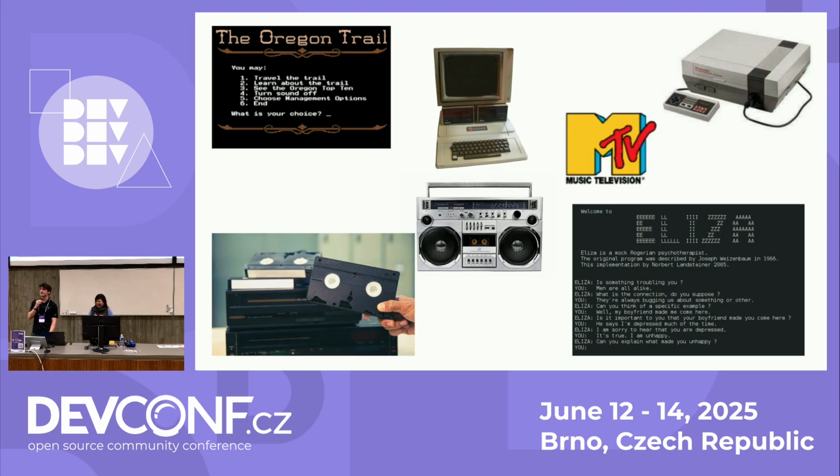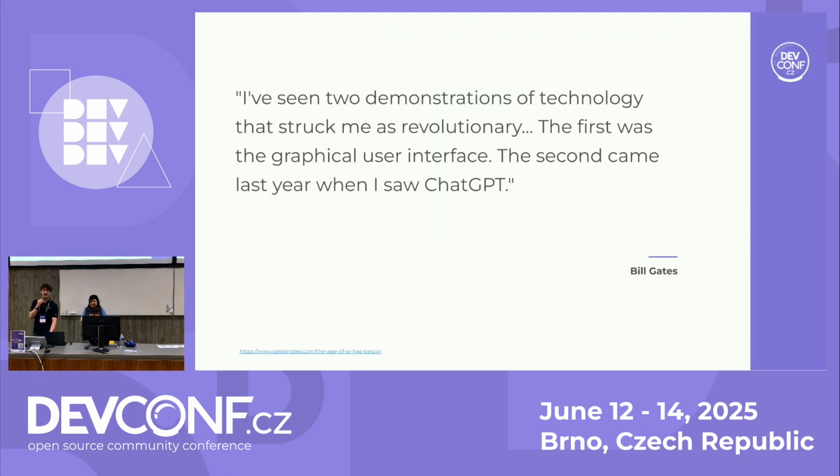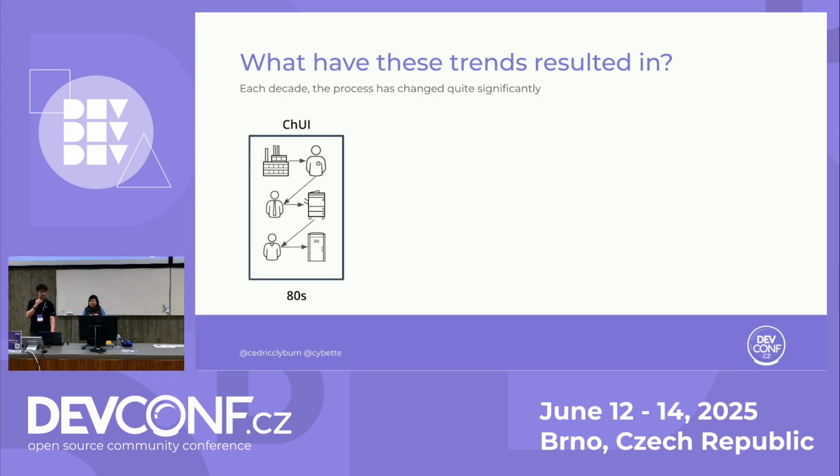But the thing is, through all of these eras, a lot of things have changed. And Bill Gates, for example, one of the pioneers of the GUI, after going to Xerox Labs and innovating from there to what we have today, kind of saw this, and he said there were two things that struck me as revolutionary. First, that GUI, having a way to interact with these devices from initially having a CLI. And the second, this introduction of today's large language models, the ChatGPTs of the world. But if we come back through history, it's quite interesting. Yeah, let's go back the other way.